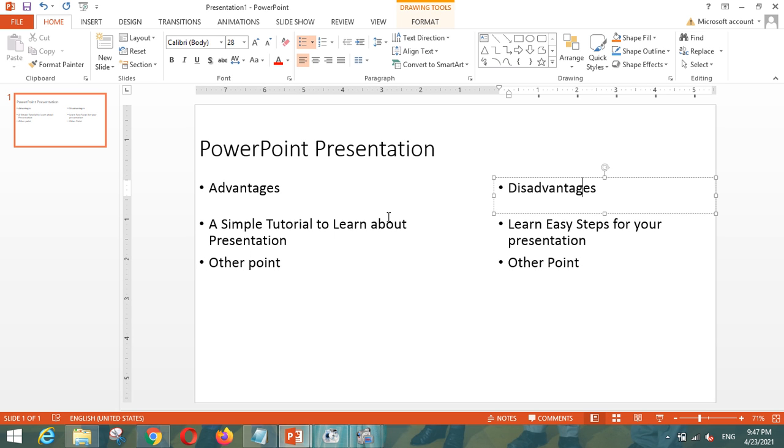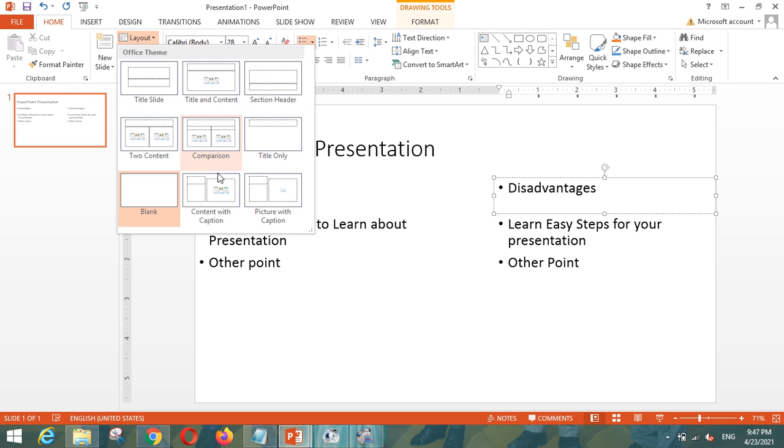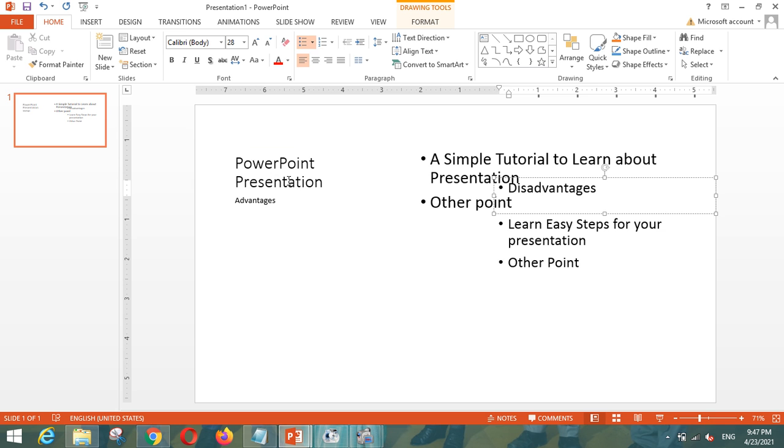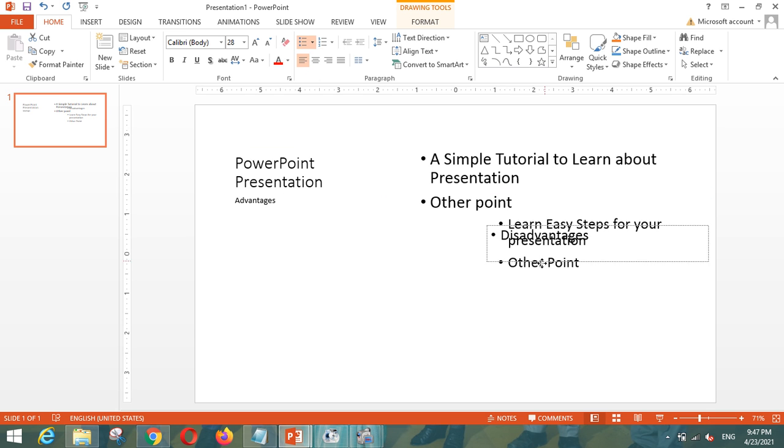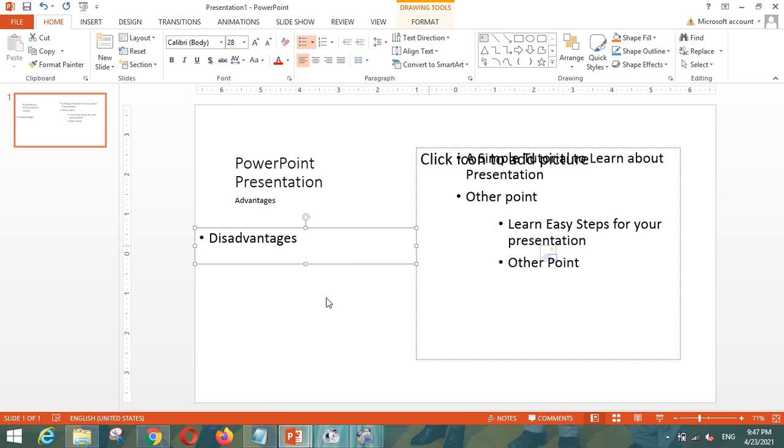Suppose, so let me go again to my previous presentation where we were choosing the different layouts. So after that we have a content with caption. So you can have the caption, you can have the content also. So it totally depends on the content you have and how you would like to present your content. Then we have a picture with caption.